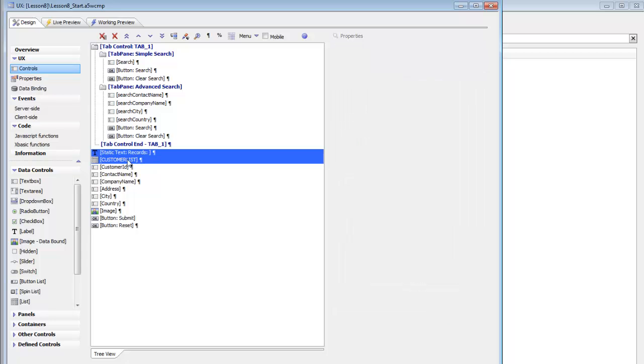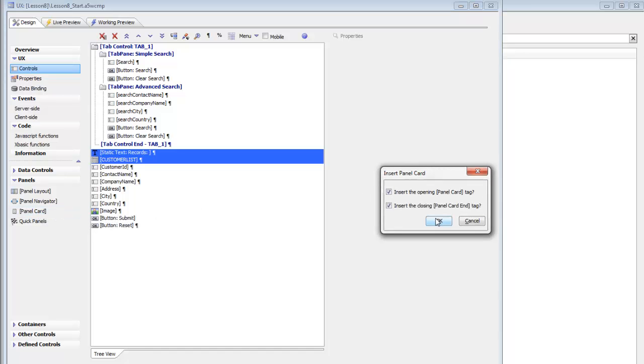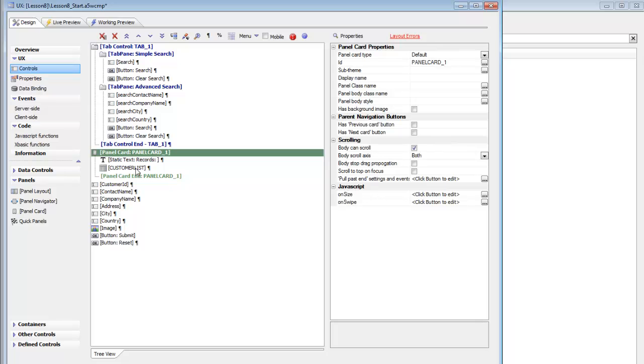So what you should have selected in the builder right now is the static text control and the customer list control underneath that, and then on the left hand side in the toolbox go to the panels section, open up the section by clicking on the icon on the left, and then select panel card. So this is going to insert a panel card begin and a panel card end around the static text and the customer list. And you'll notice immediately that there's a little red icon here telling you that at this point